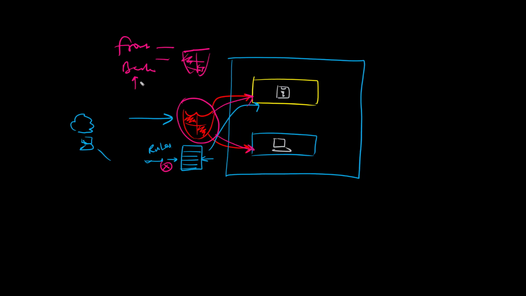What we'll do is create a VM in the backend and another VM in the front end. And at first, without creating any rules, this VM should be able to ping that VM. But then we'll create a rule in the NSG to block that ping, for example. So come with me, let's go ahead and do this right away. Let's clear the screen and head back to Azure and